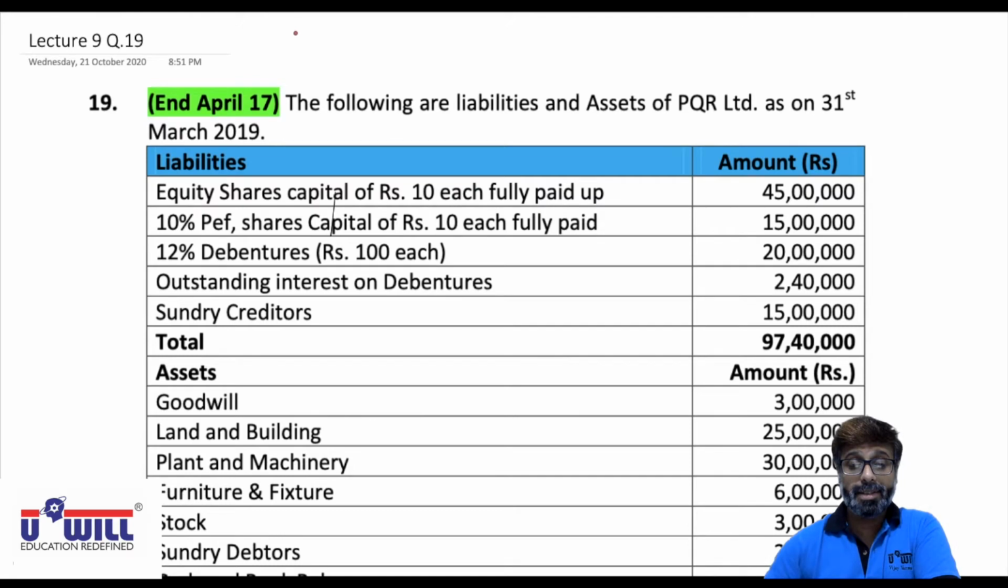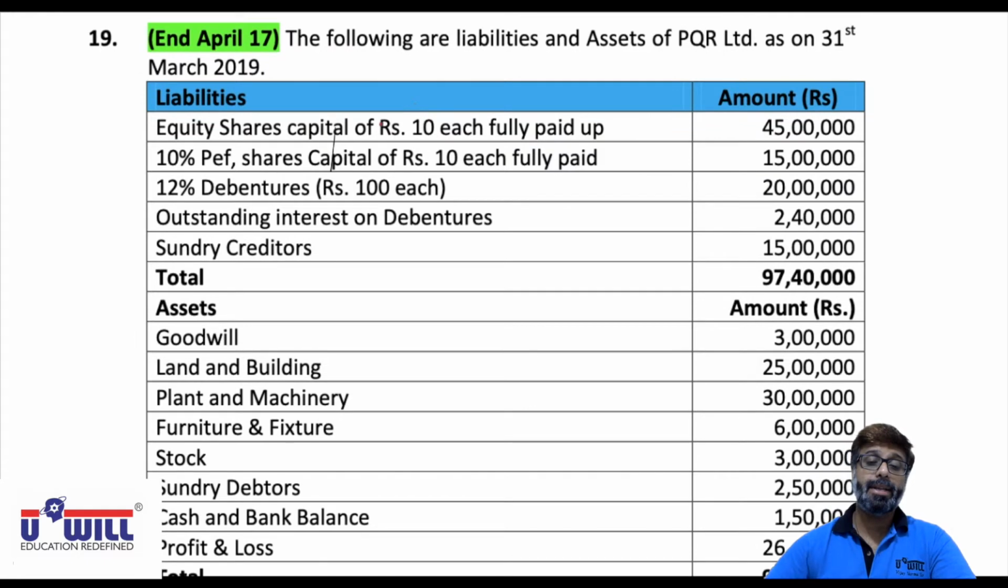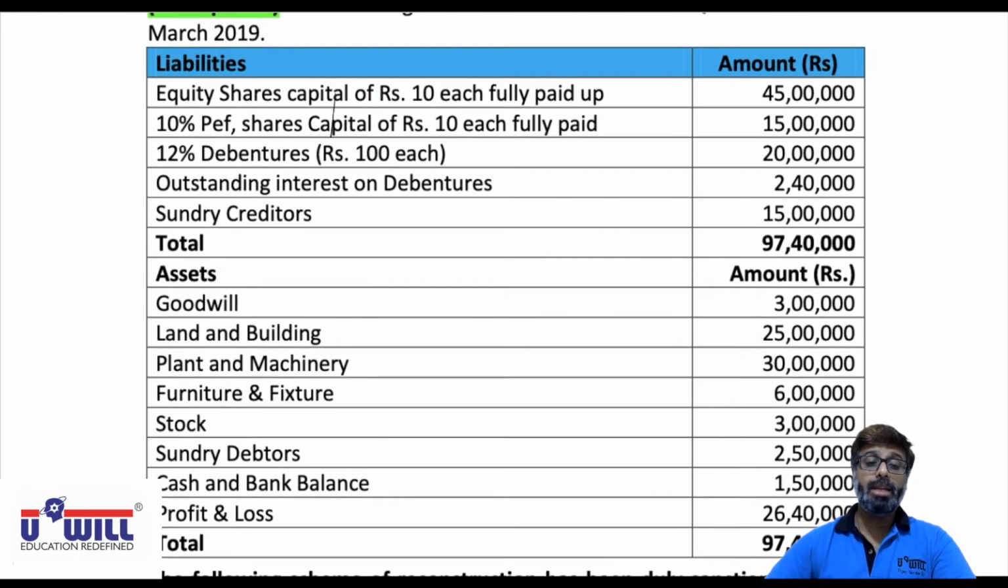Hello everyone. So today we'll be taking up question number 19 of internal reconstruction, which was asked in April 2017 exams. Have a look at it, everyone. The following are the liabilities and assets of PQR Limited as on 31st March 2019. Equity share capital of rupees 10 each, fully paid up, 45 lakhs. So 45 lakhs divided by 10, you can say there are